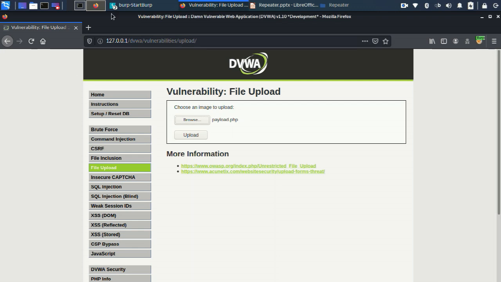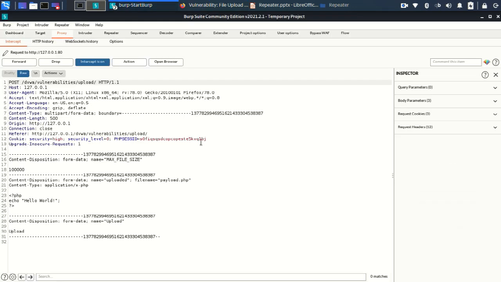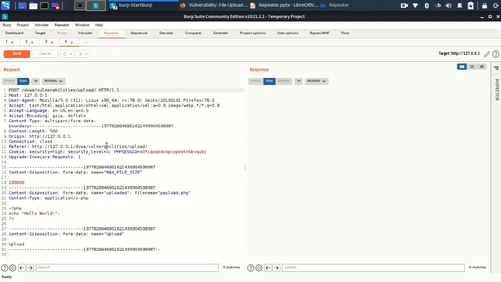Now again the same process: send it to Repeater, go to the Repeater module, we'll make it image.jpeg and just see whether it uploads or not.